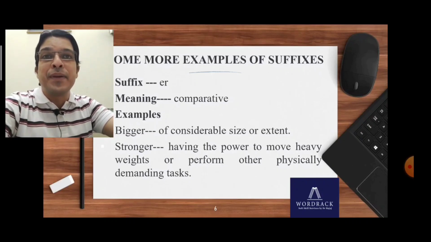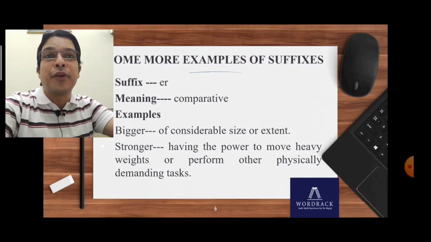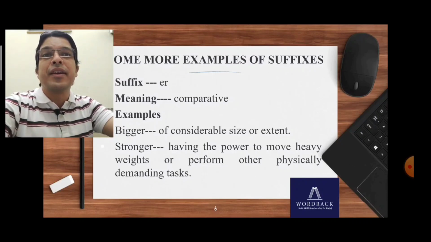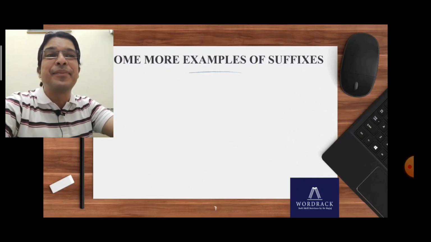But if there are 10 people, then he is the biggest of all the people. Likewise, he is stronger of the two, but he is strongest of them all. So ER suffix is for comparative form and EST suffix is for superlative form. We move forward. The third example of the suffix, it is IBLE, suffix